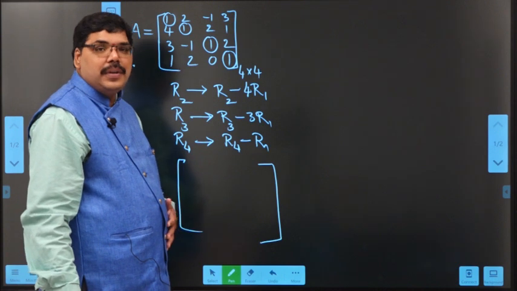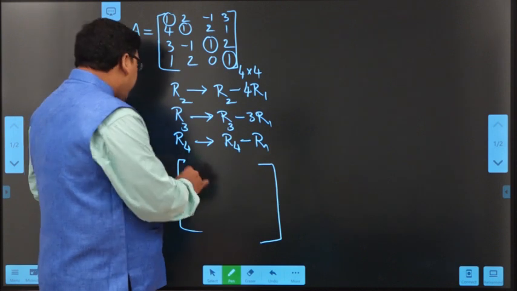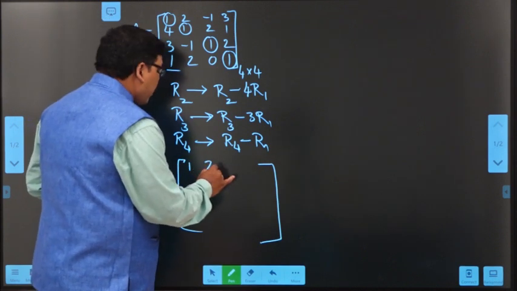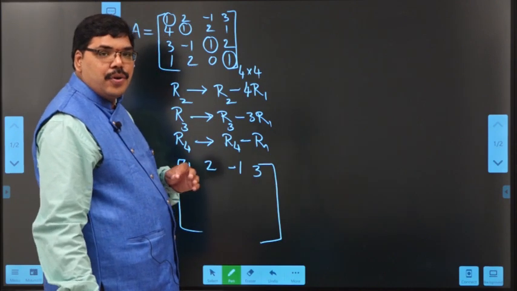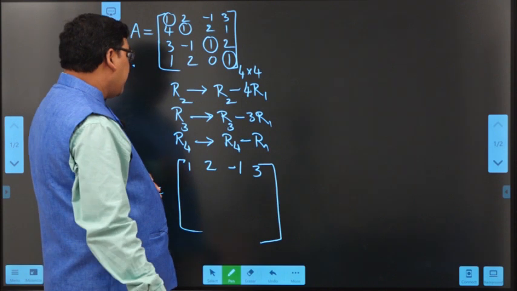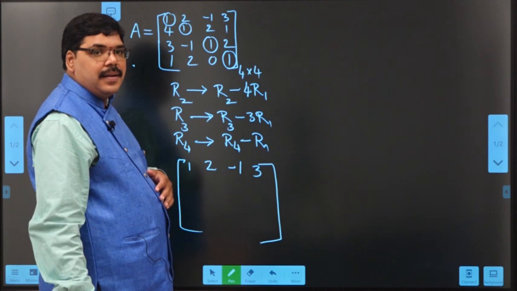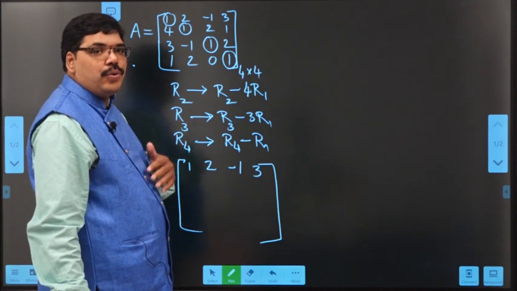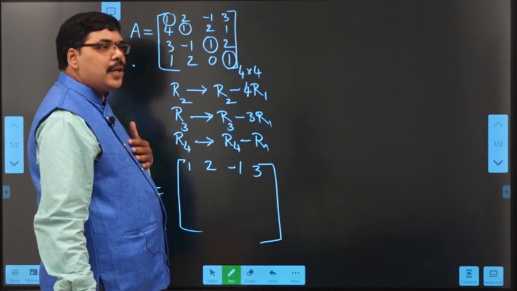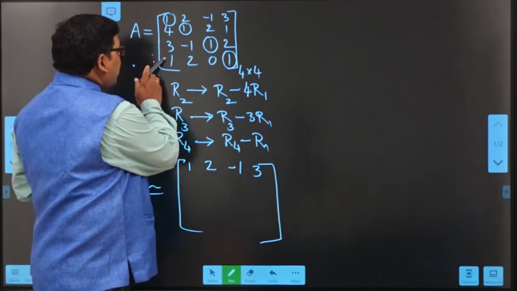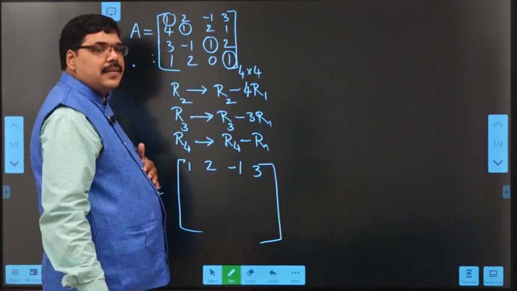The only row that is not being changed is the first row. Write the first row as it is, but the second, third and fourth rows are changing. Why are we changing them? What is our motto to change them? We are changing these rows in order to make the elements in the first positions into zeros. So the corresponding row operations are like this.